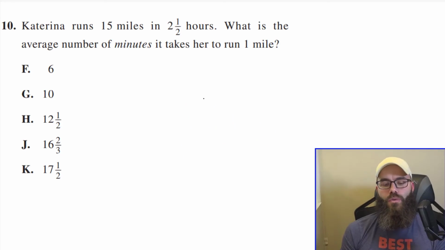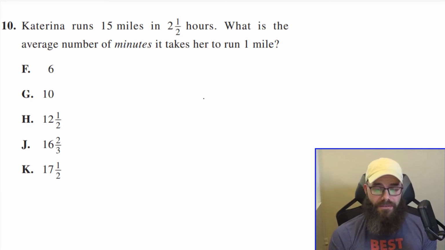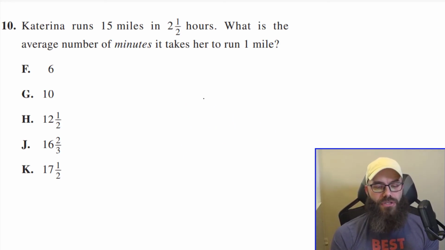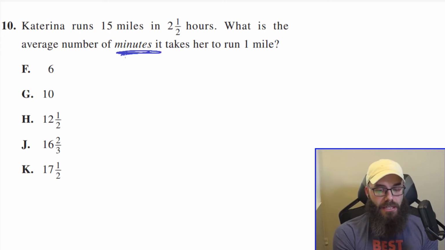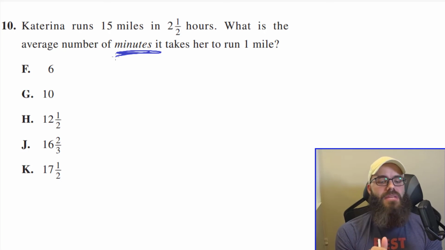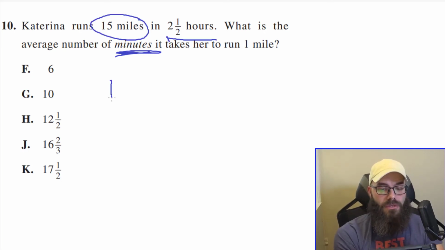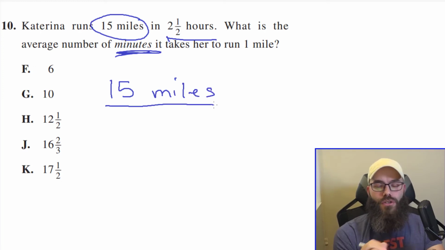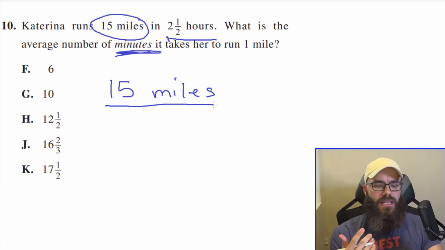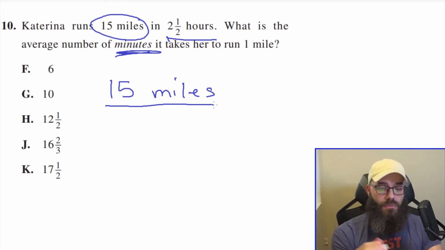All right, number 10 says, Katerina runs 15 miles in 2.5 hours. What is the average number of minutes? Notice that that is italicized. They're emphasizing that, minutes, it takes her to run 1 mile. 15 miles over 2.5 hours. Now this is a really clean decimal, so 2.5